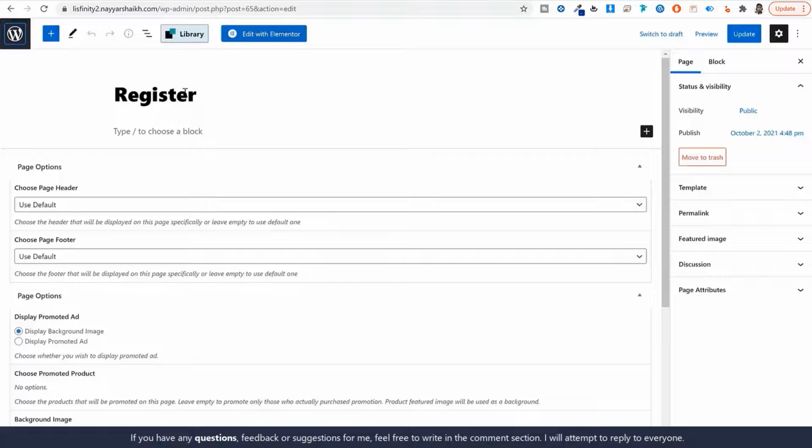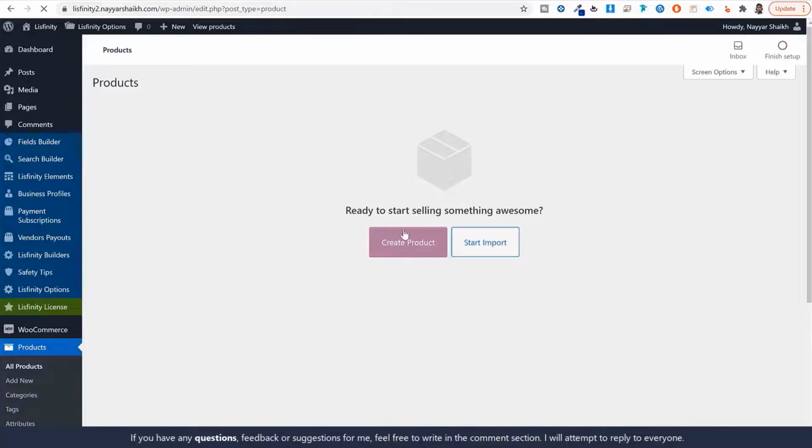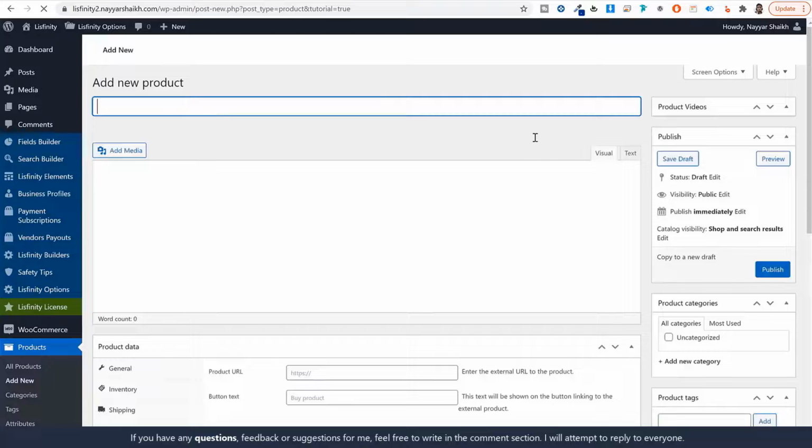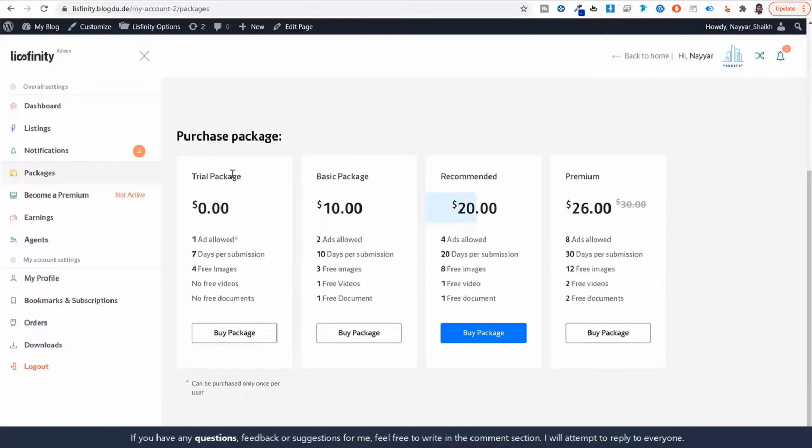So for that we again have to come back to the dashboard. Now on the left hand side, you'll see this products option. Click on that. And now you have to click on create product to create your own first product. Now over here, if you see, we have created 4 different packages. Trial package, which is your